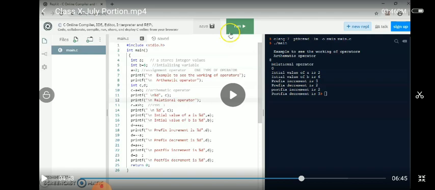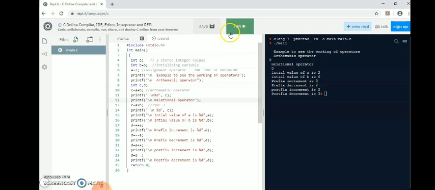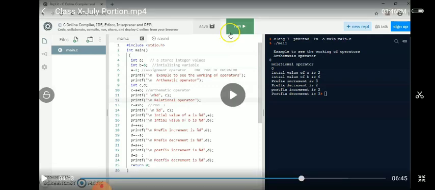See the program over there. Each time plus plus A is given, or minus minus A, plus plus means prefix increment. When it is minus minus, we say it's prefix decrement. If the plus or minus comes in front, it is prefix. Then we have postfix. After the variable, if a symbol like plus or minus comes, it means postfix. So postfix plus means postfix increment, and minus means postfix decrement. Now let's see how it works.